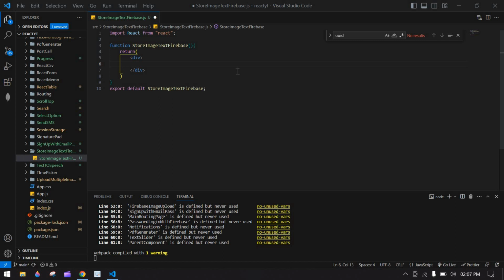Hello everyone, I'll show you how to save text, input value and image in Firebase. Let's start. I'm going to create the input